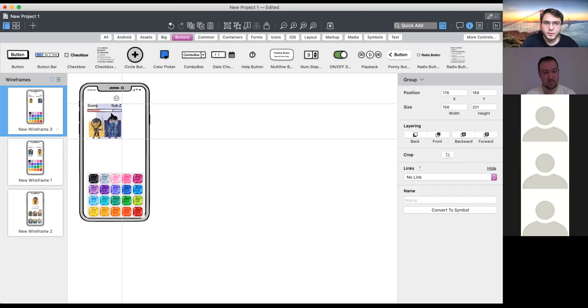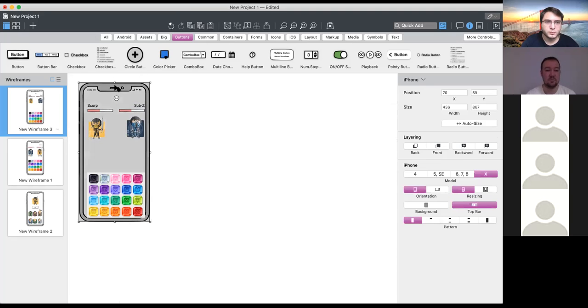Exactly. For now, yeah, it goes behind the other character first, then it goes behind the health bar, and if you click it once more, probably it will go behind the iPhone screen, right? Exactly. And if you don't need the iPhone background screen,